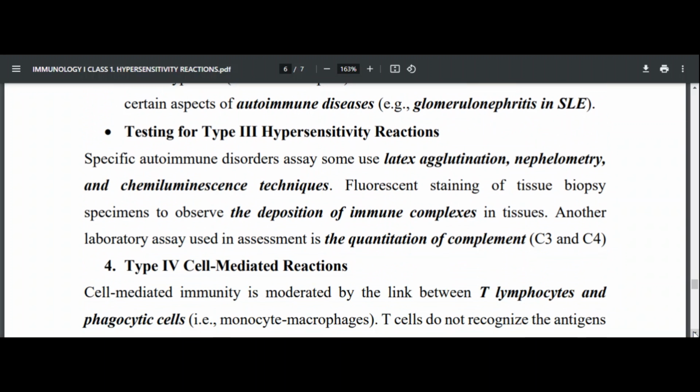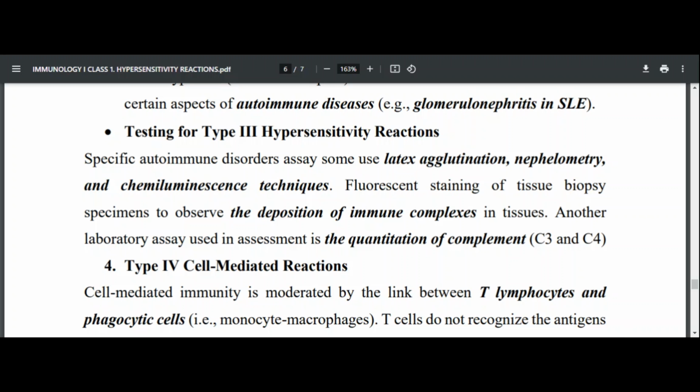Testing for type 3 hypersensitivity, of course, involves latex agglutination methods, nephelometry, as well as chemiluminescence techniques. In fact, fluorescent staining can also be performed on tissue biopsy specimens to observe deposition of immune complex in tissues. Sometimes other assays include quantitation of complements C3 and C4 in this situation. So that is type 3 hypersensitivity reaction, and the last type is type 4